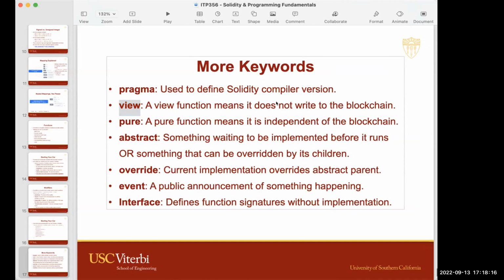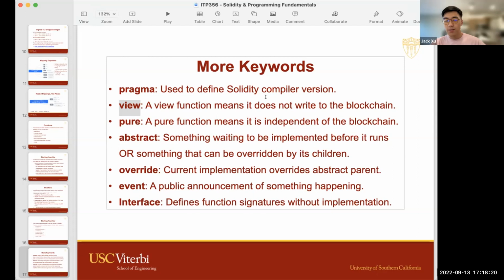Okay. Are view functions still subject to the block computation limit? Yes, they are. Or at least I believe they are. Let me actually look it up. That's a good question. Okay, gas consumption of a view function.